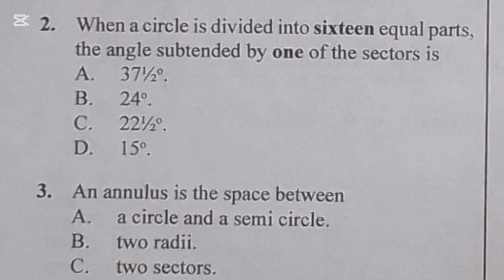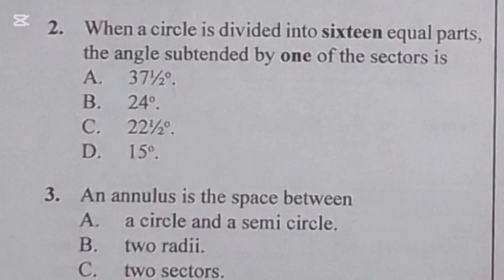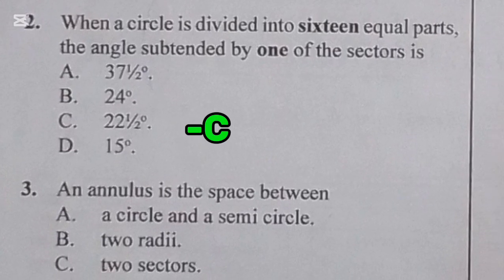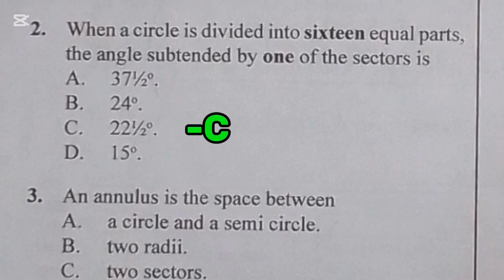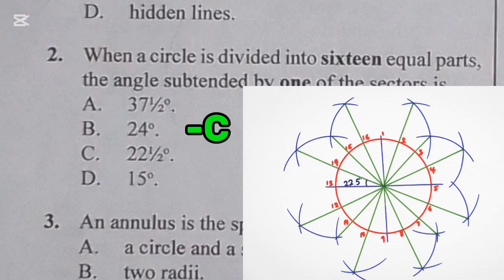C is the correct answer there. That is 22.5 degrees, as you can see in the picture on your screen. If you divide a circle using that construction, first of all you divide it into 4 equal parts, then you bisect to divide into 8 equal parts, then you further bisect to divide into 16 equal parts. So the angle subtended is going to give us 22.5 degrees,